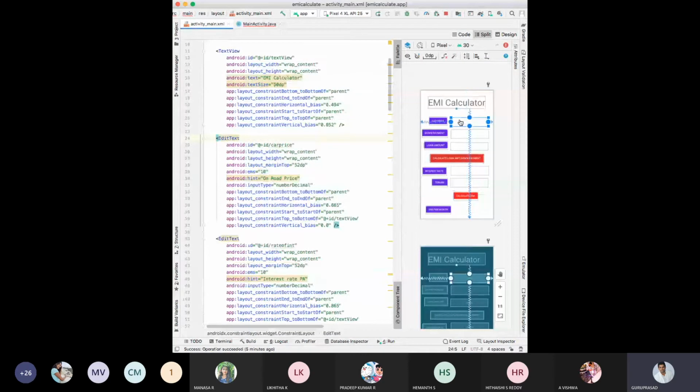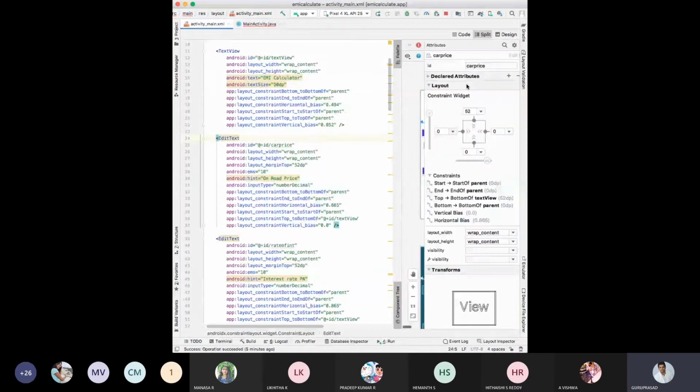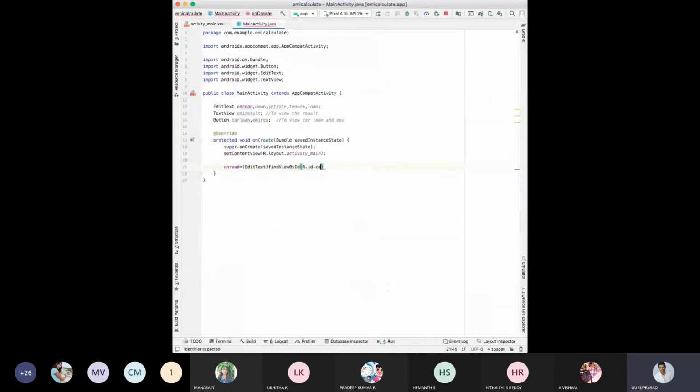What is the ID of this attribute? Car price. Can you see this? Now I'll just say that car price. This is the integration of your XML car price, on road price, with Java.